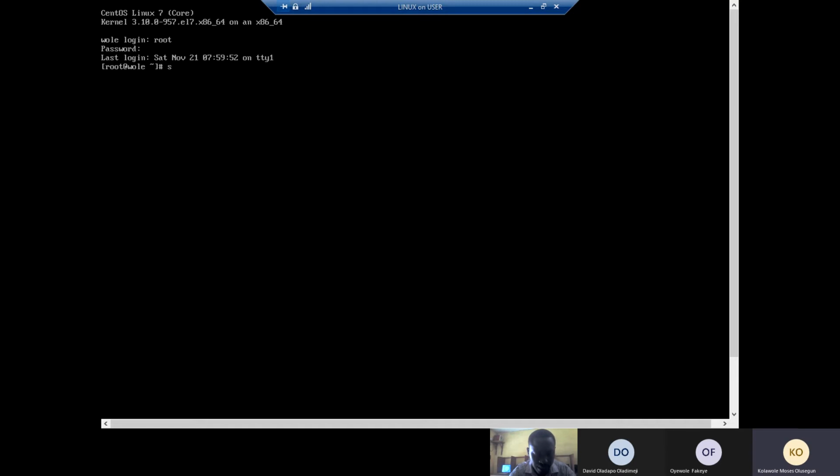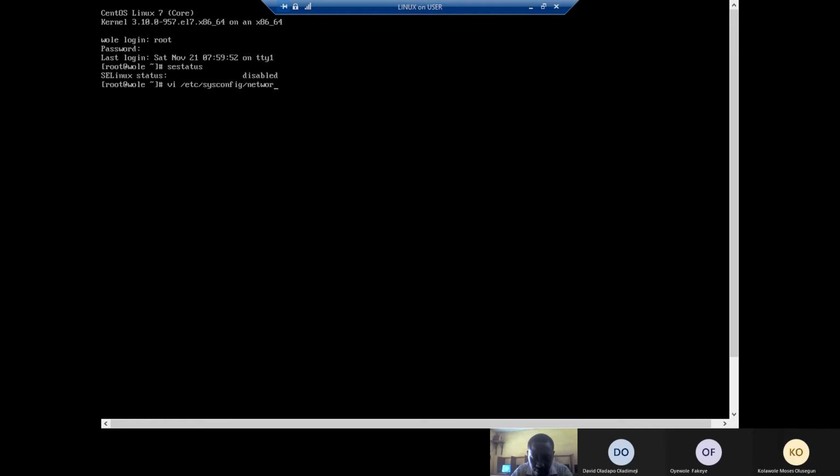Now let's check my SELinux status. You can see it is disabled. Good. Now, the next thing is to check my network. I can use DHCP to configure, or I can use static. But let's check the file. I told you, you make use of your VI text editor, etc, sys config,